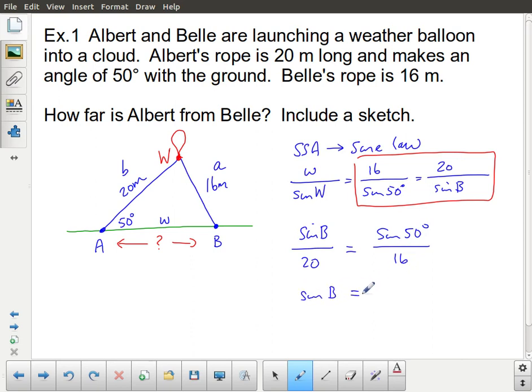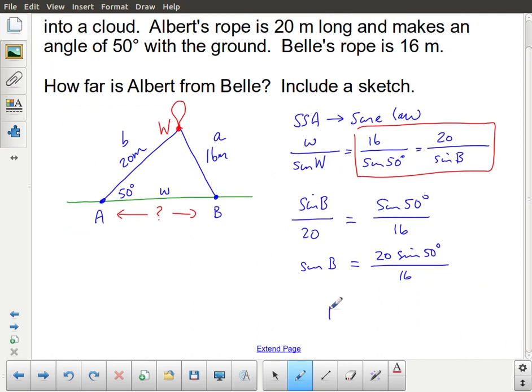Sine of B is equal to 20 sine 50 degrees divided by 16. And I end up with B is approximately equal to, so first I'm going to calculate this, so 20 sine 50 divided by 16, and then I'm going to take the inverse sine of that answer, and I end up with approximately